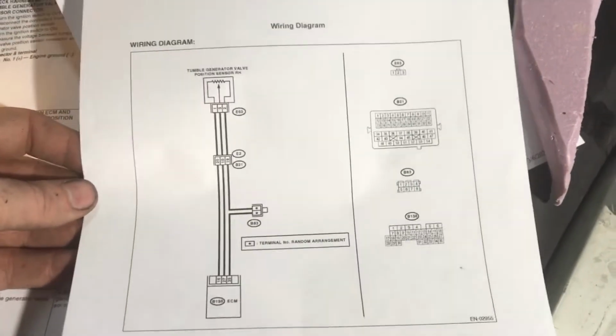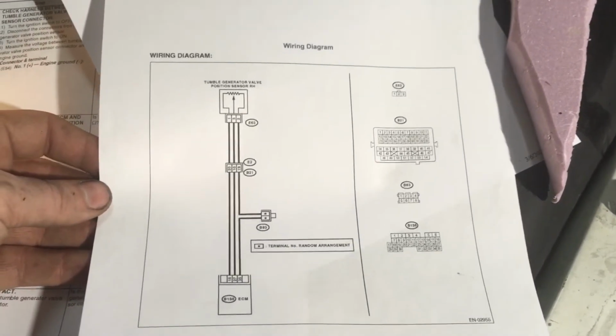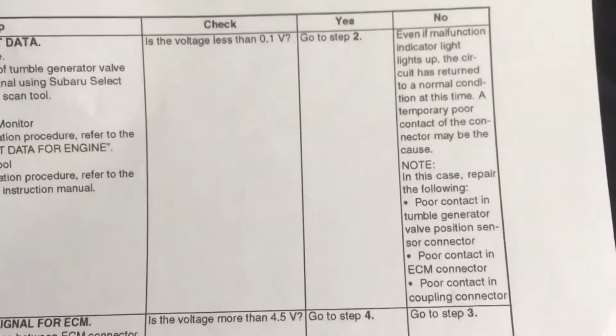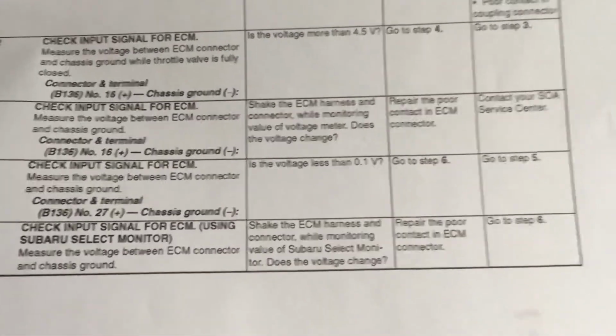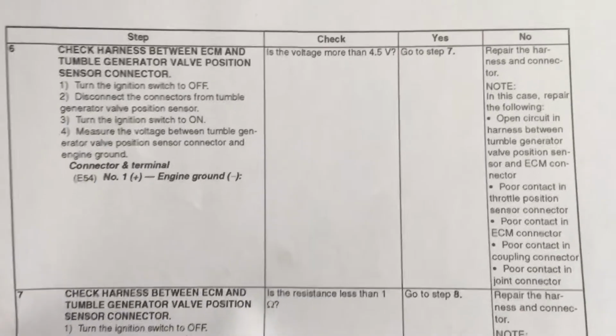Okay. Here's the wiring diagram from AllData. I'll hold it there for a second so you guys can look at it later if you need be. If you have a scan tool, here is how you can go through and test everything with the scan tool. My scan tool doesn't allow me to do that, so I had to use my multimeter to be able to